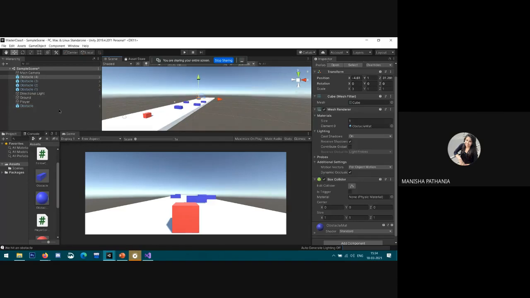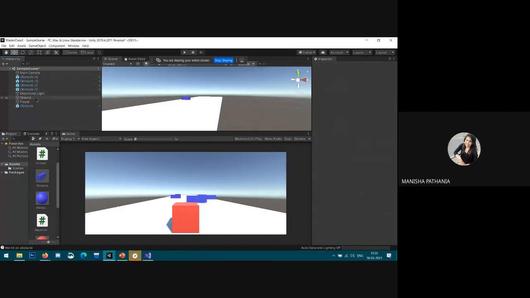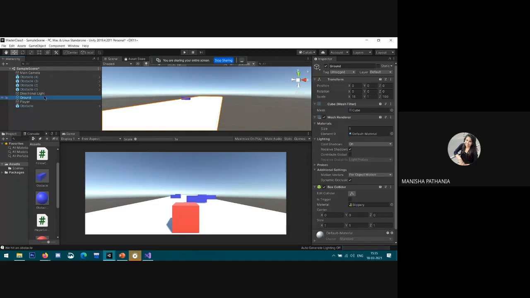Okay. Something like this. So now we need to extend our ground plane also. Because see, here we need to extend our ground plane also. So what I need to do is go to the ground, select the ground object, then scale it. Something like here is 100, so I'm giving it as 10,000, suppose. Okay, yeah. So now it will extend.